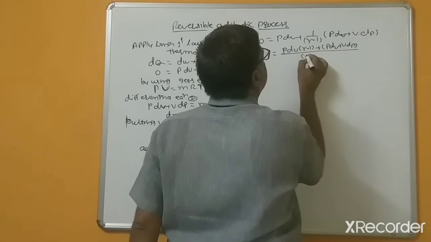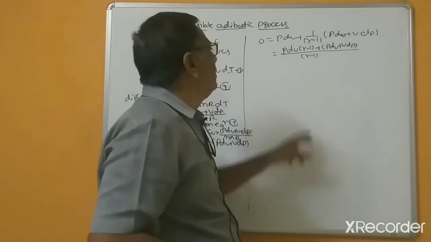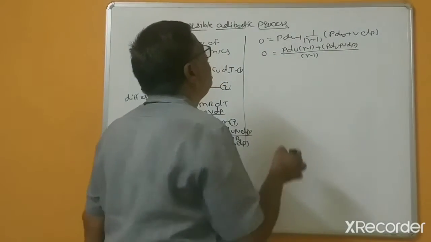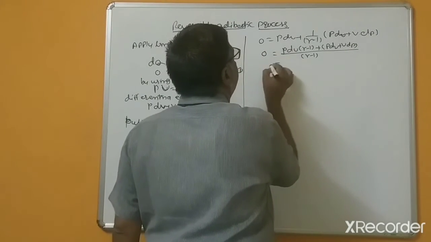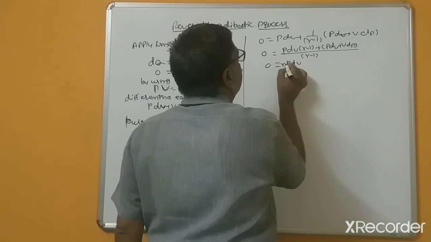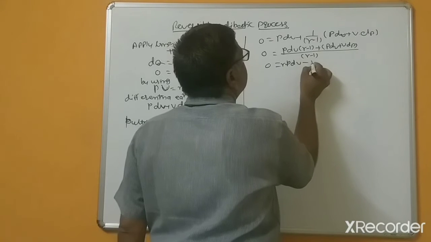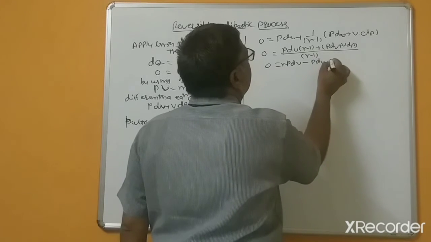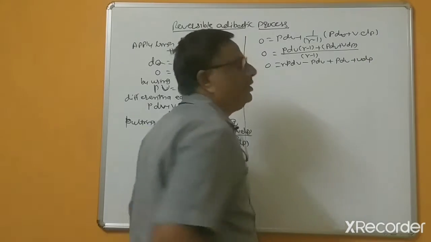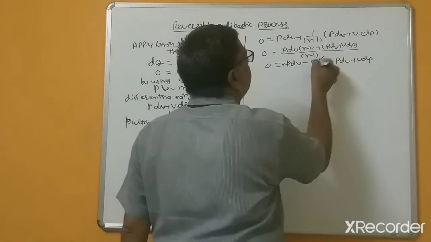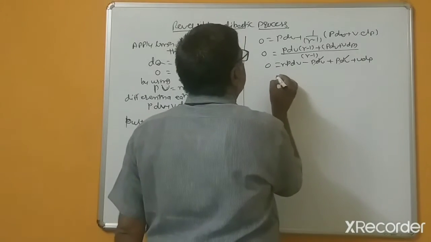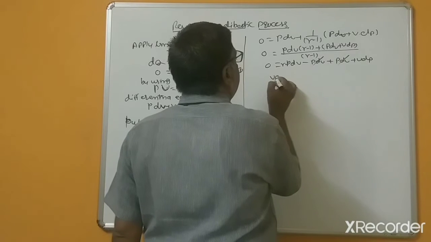Cross multiplying, the left hand side becomes 0. Expanding, gamma PdV minus PdV plus PdV plus VdP. The minus PdV and plus PdV get cancelled, and what remains is VdP